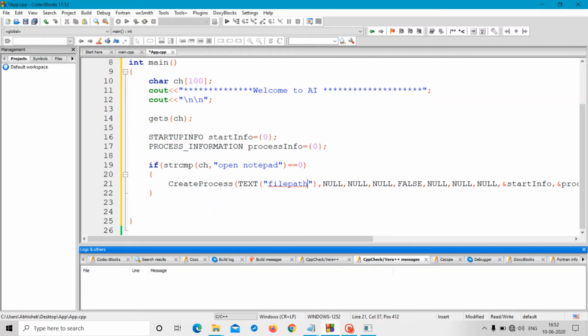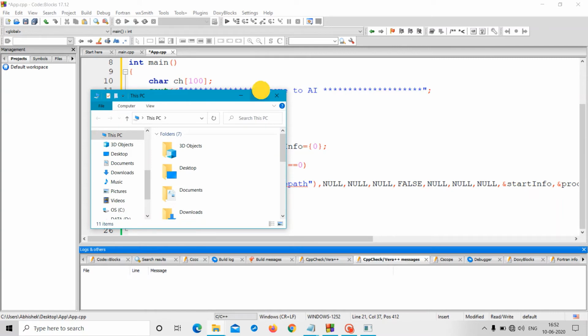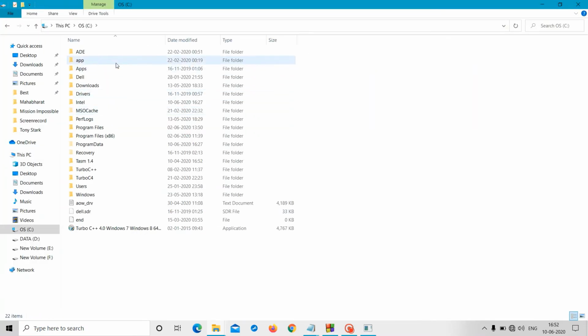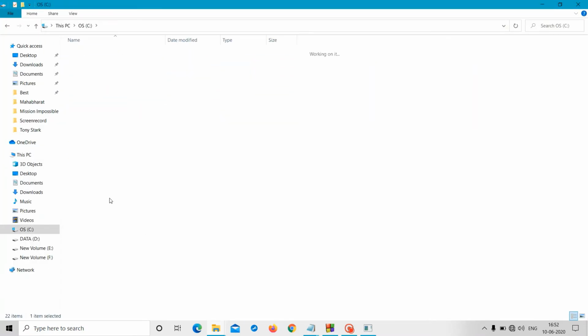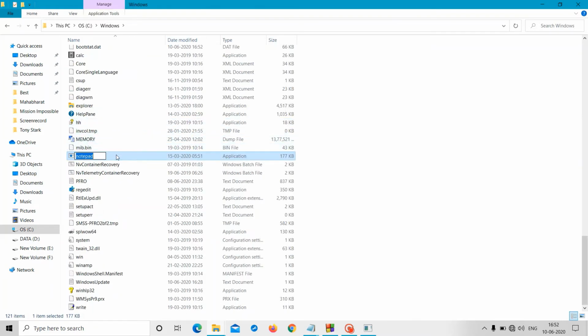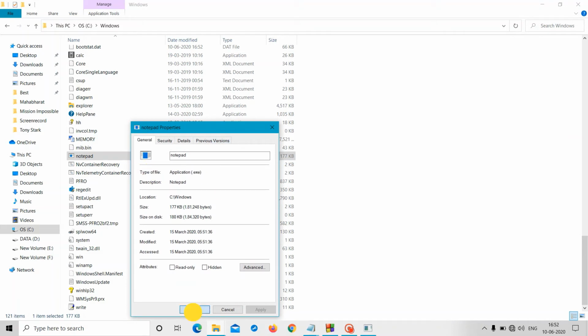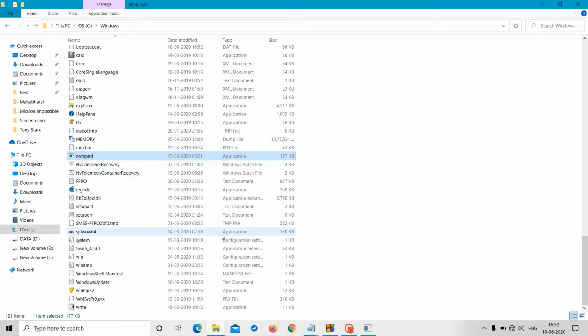So where is notepad situated? In this PC, in the C drive, in the Windows folder. I will search for notepad. Yes, I got notepad and its extension is .exe. So remember one thing, the extension should be .exe, then only we can open it.